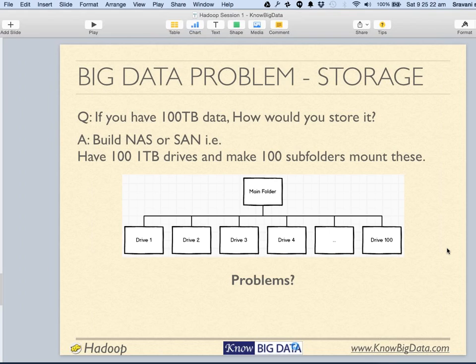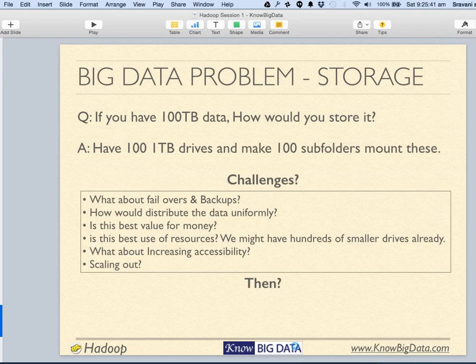That is correct. In case the computer which is hosting this folder structure fails, then we can't access anything. Another thing is, in case a network fails from one computer to another, nobody can access anything. Good, good. All right. So these are a few challenges as you have mentioned, that failover and backup is missing.